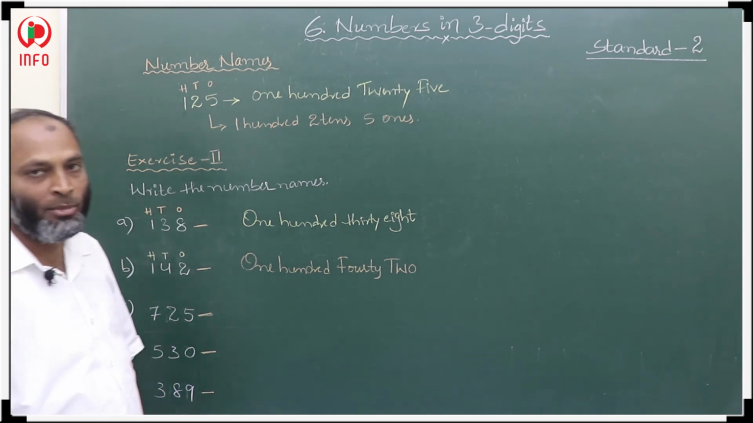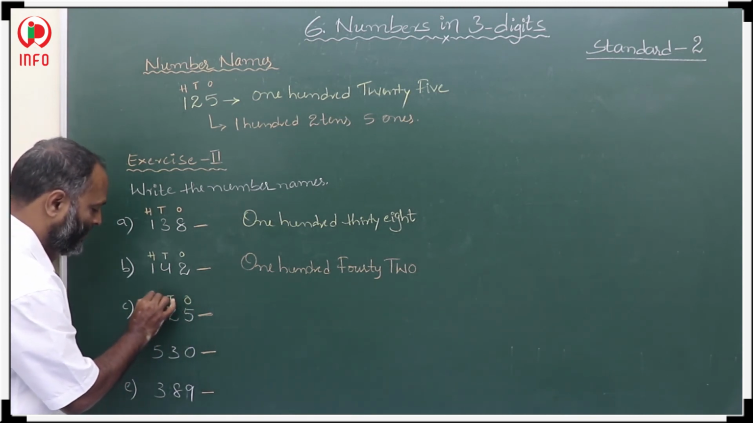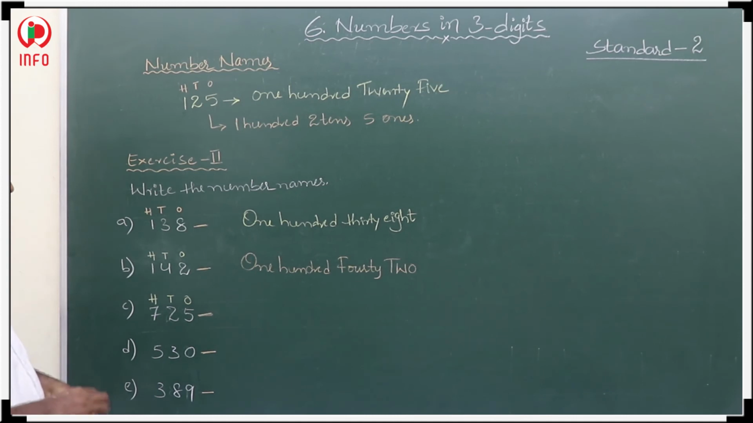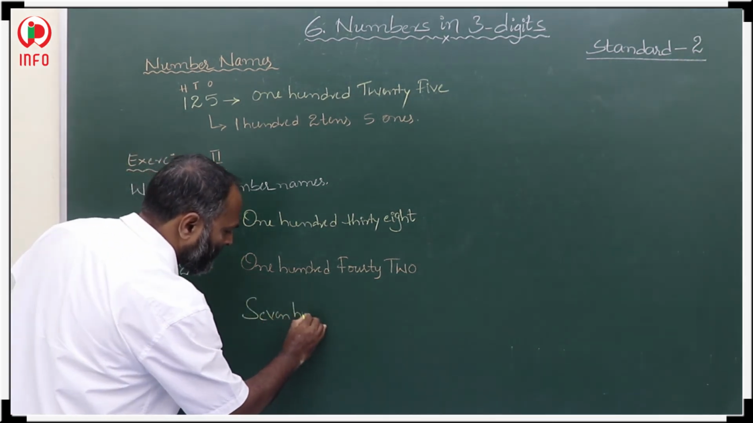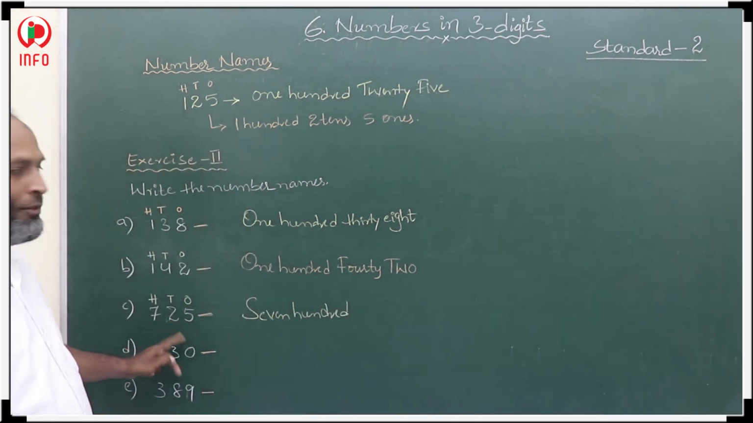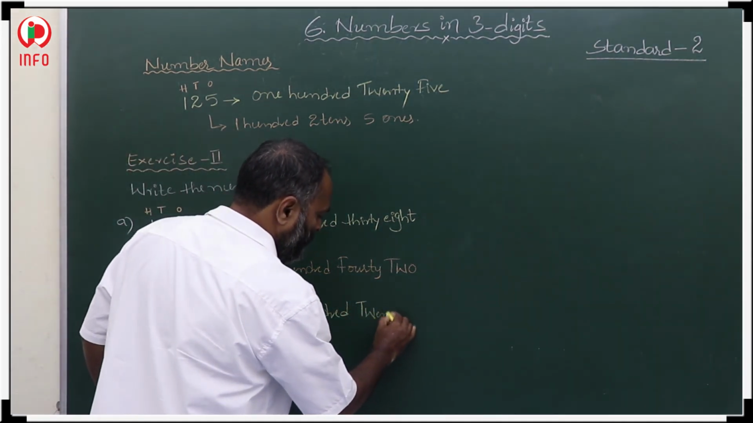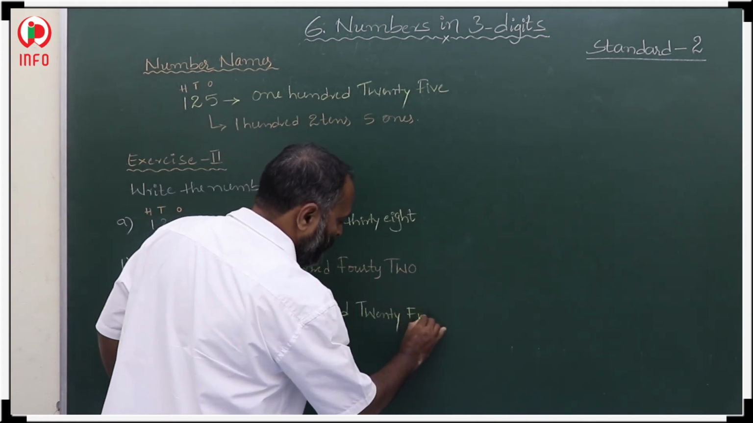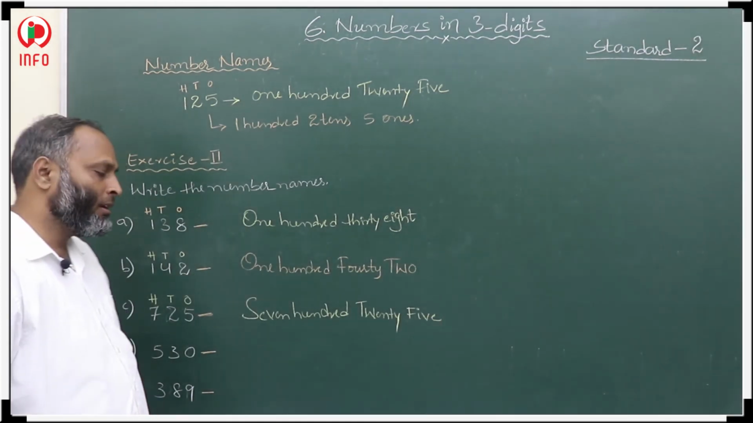This is also a 3-digit number. Then how to read? This is in ones place, tens place, and hundreds place. What is there in hundreds place? 7. It means 700. 2, 5, 25. 725. Next,